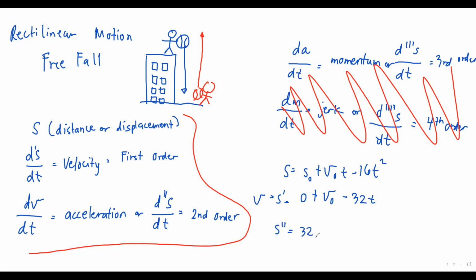Mapapansin nyo, guys, sa free fall natin, yung acceleration natin is equals to 32. Bakit? Kasi acceleration due to gravity with respect to English units is